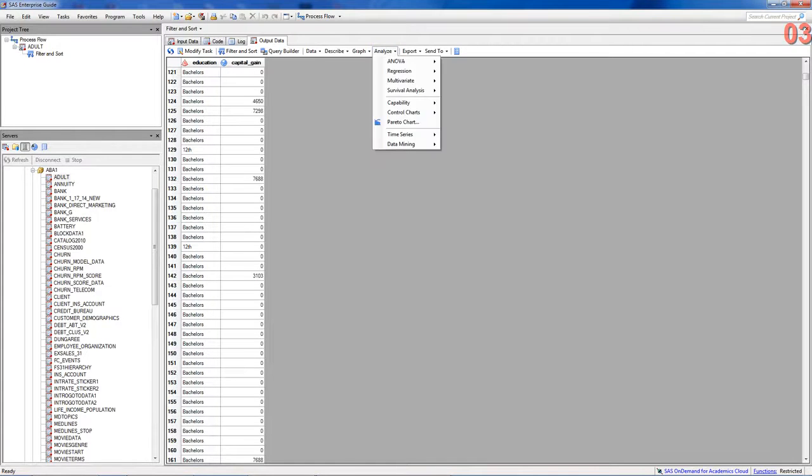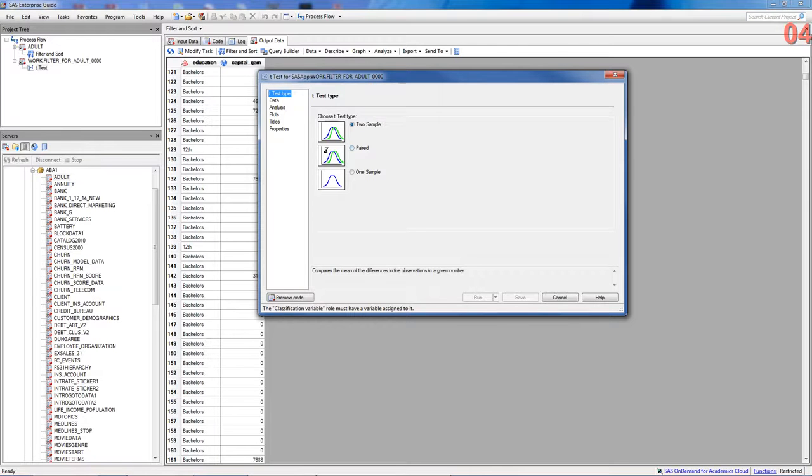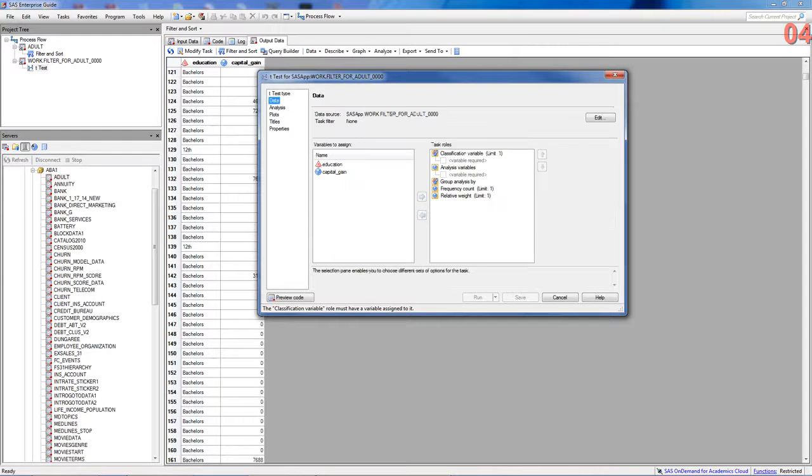So choose analyze, ANOVA, t-test, and this time we use two sample, and we have only two columns in our data set. Education goes to the classification variable, capital gain goes to the analysis variable,